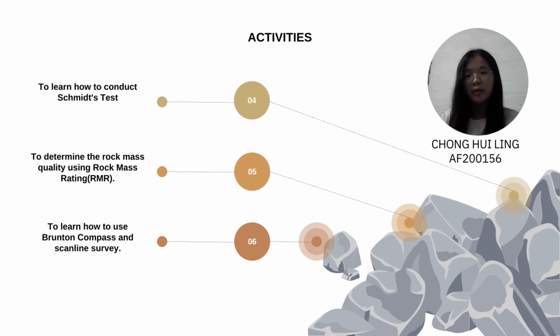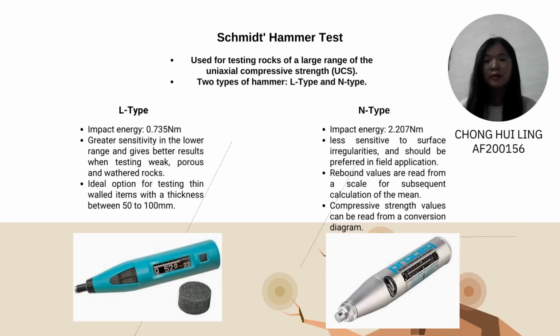I'm Zhong Hui Ling. Now I will continue to present the activities. The next activity is to learn how to conduct a Schmidt hammer test, then to determine the rock mass quality using the rock mass rating RMR, and the last one is to learn how to use the Brunton compass and scan line survey. The first one, the Schmidt hammer test, is used to test rock over a large range of